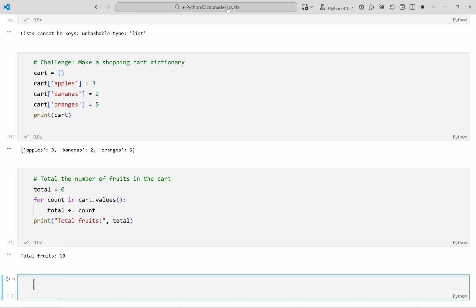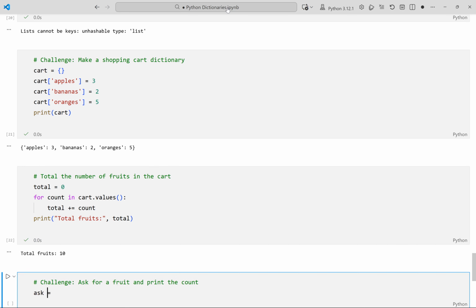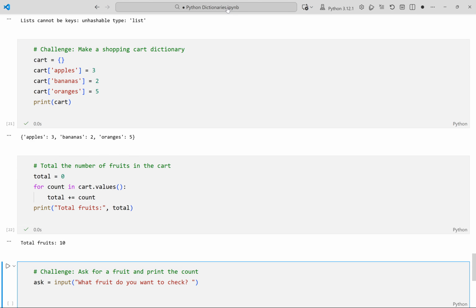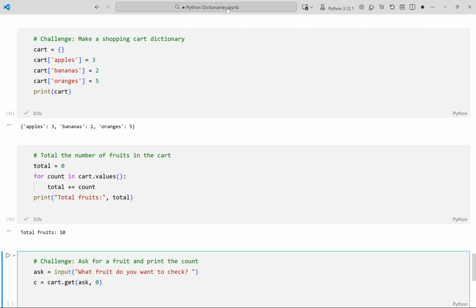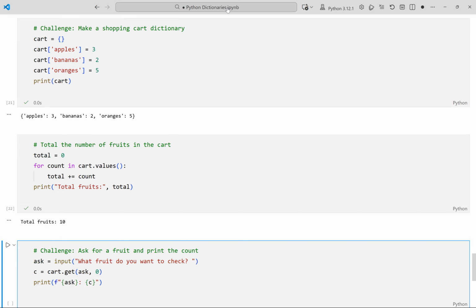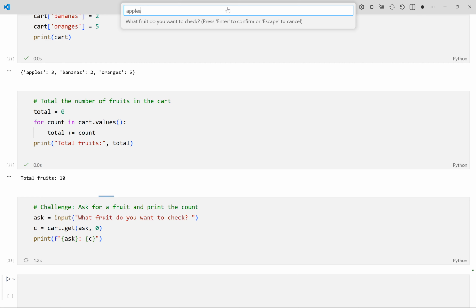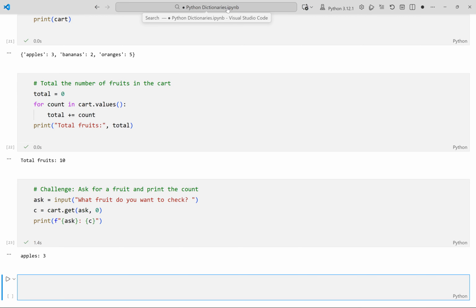Let us let the user search for a fruit count. We use input to ask for a fruit name. Get returns the matching value or 0 if it is missing. We print the result for the fruit. Running the cell now. This output shows the count of the requested fruit, apples, retrieved from the cart dictionary using